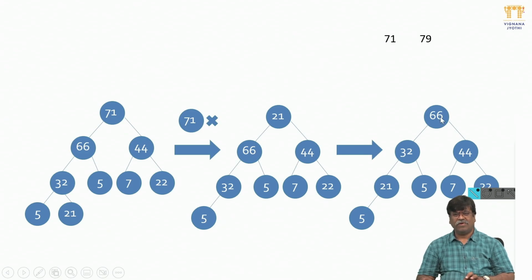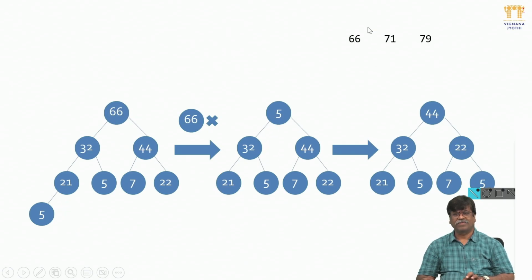Now you can remove the maximum element from the tree. So 66 will be removed. You remove 66 and place it in the array. After removing 66,